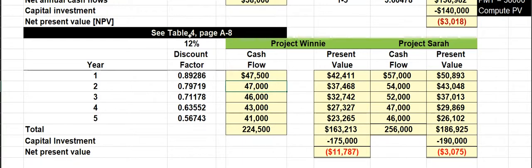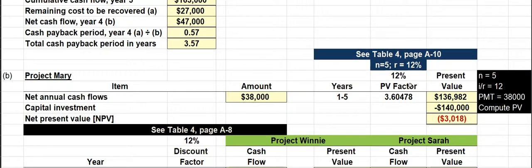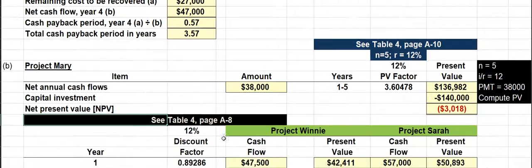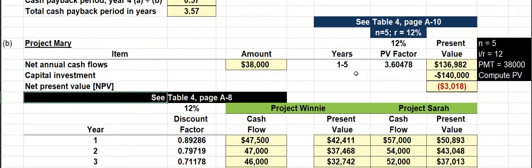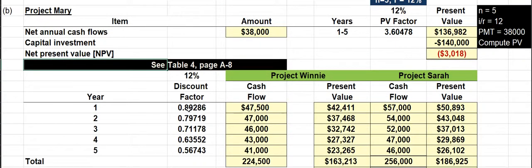So you would go to table 4, page A8. Notice over here we were using, I'm sorry, this should be table 3. This is table 3, not table 4. So we would go to table 3 on page A8, and you're looking for the present value of $1, whereas in table 4 it was the present value of an annuity. So for present value, you look for n is equal to 1 and the interest rate of 12, and you will see this present value factor of